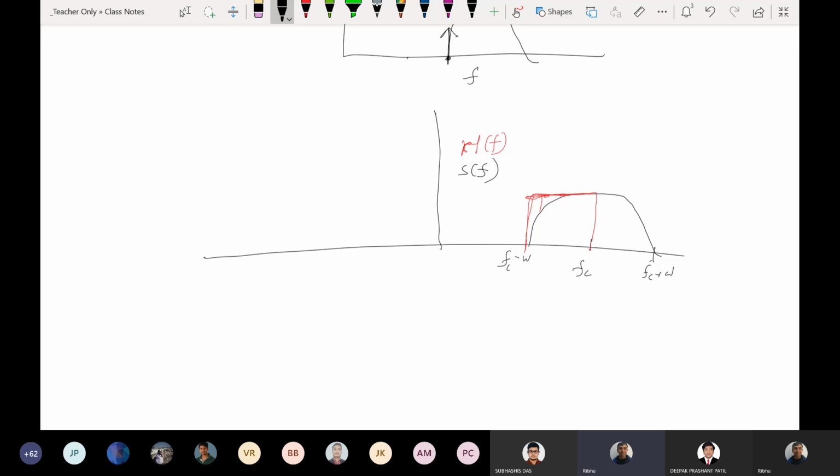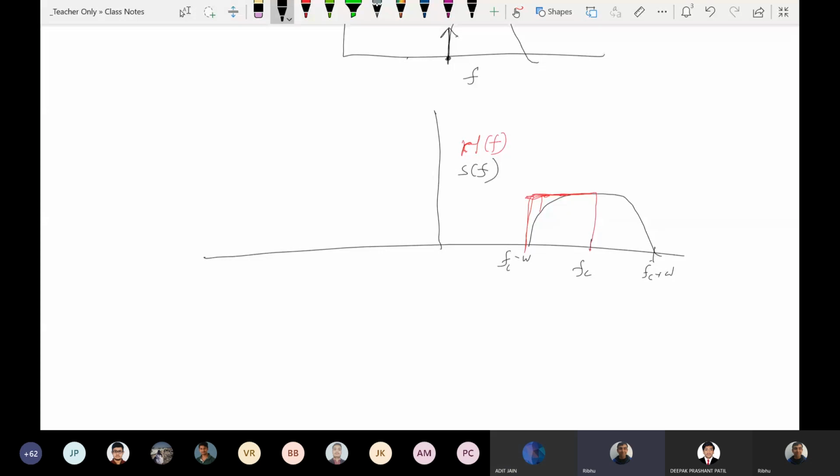You have studied the Paley-Wiener criterion, or have you come across the word Paley-Wiener criterion? No, sir. Control systems, you have done that course or you're yet to do that course? Done it, sir. Was it during the closed semester? Yes, sir, closed semester only. That's why you missed the Paley-Wiener criterion.